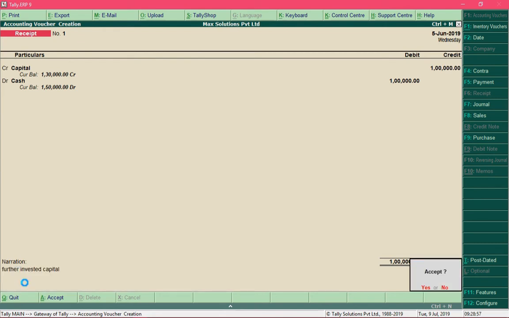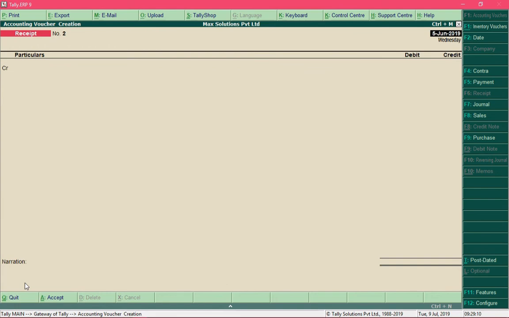Tally will prompt you to save this entry. Press Y to accept this entry, or press N to stay in the voucher creation screen. So I'll just accept the entry. Once you save the entry, you can further record other receipt entries or other entries.